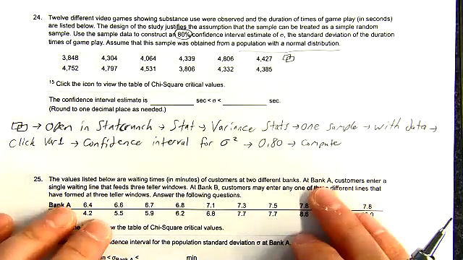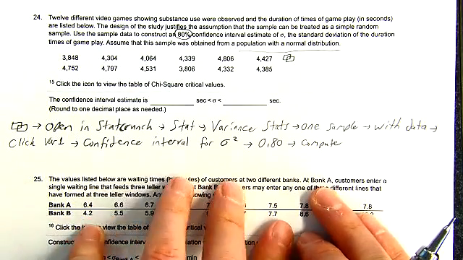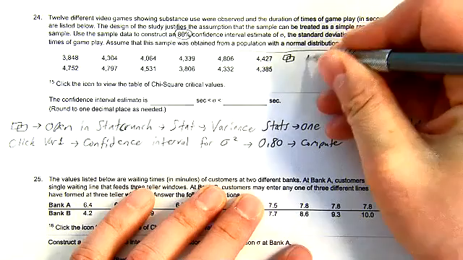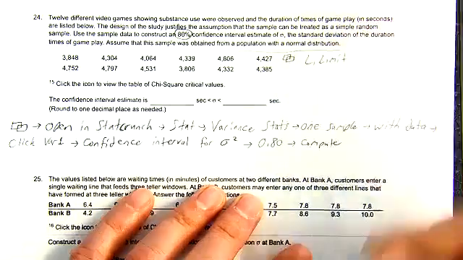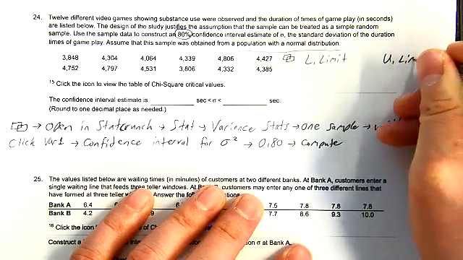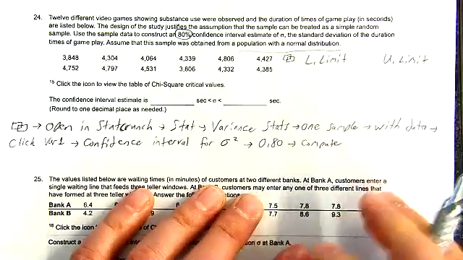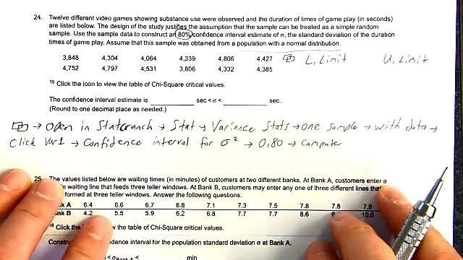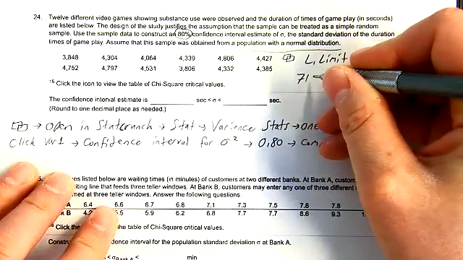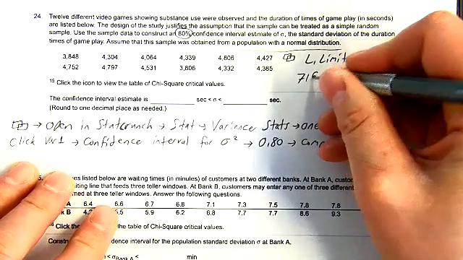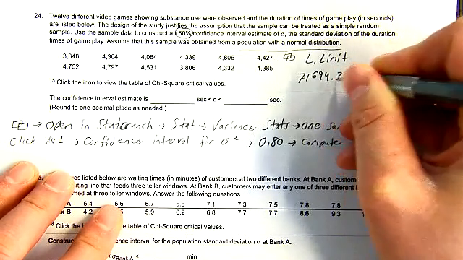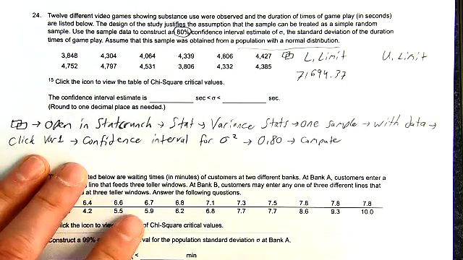And then you'll get a table, and the table will have lots of information in it, but it will give you the confidence interval. So it will say the words L period limit for the lower limit of your confidence interval, and it will give you the words U period limit for the upper limit box. So you're going to look in those two boxes. The lower limit box for my problem with these numbers will say something like this: 71694.37. And the upper limit will say